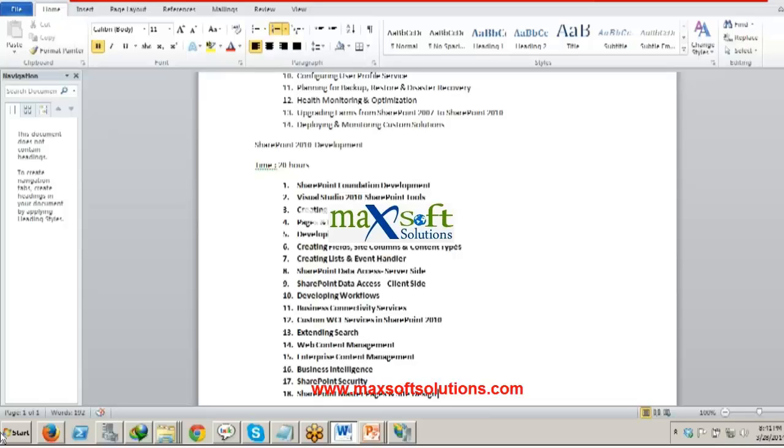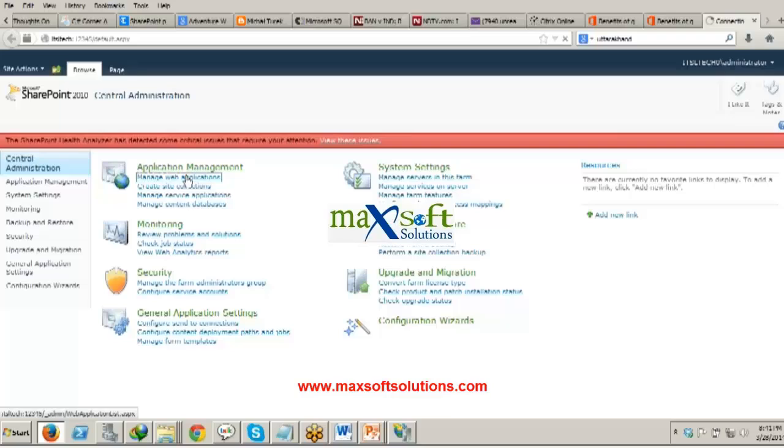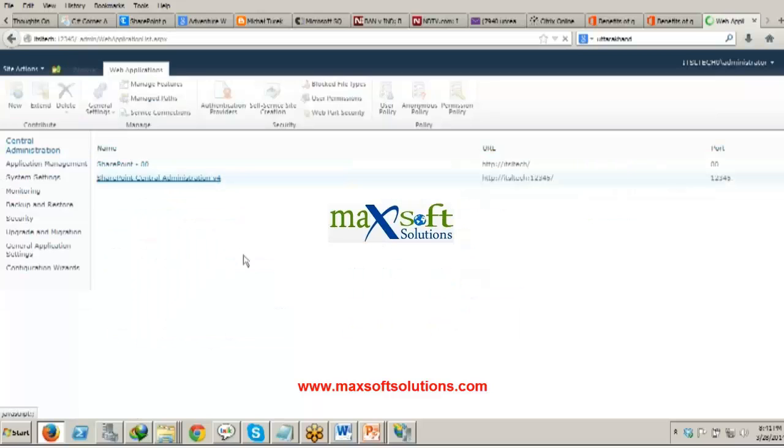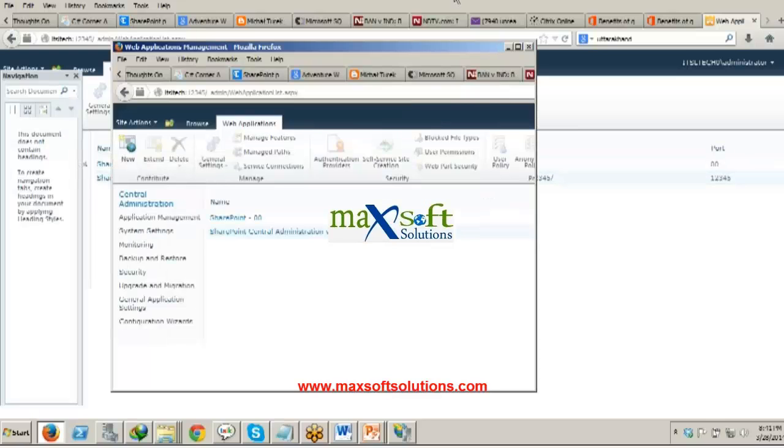Sorry, are you there? I will let you know all about the SharePoint server over here. Now look, I will tell you now to download the SharePoint 2010 Central Administration. So this SharePoint 2010 Central Administration is actually the thing which has been installed on the system. Okay, the actual SharePoint site over here is